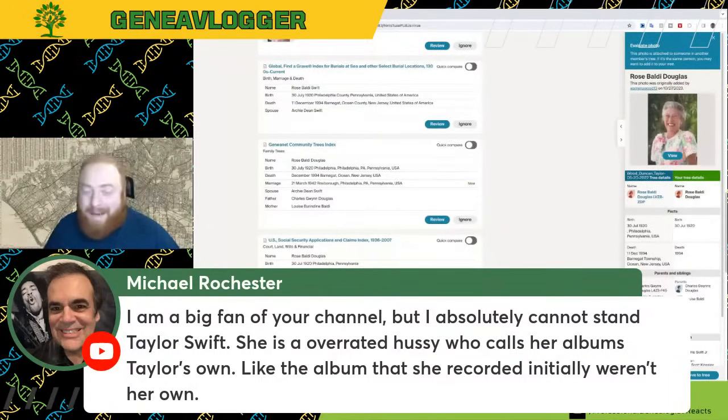I barely know anything about Taylor Swift. I've heard a couple of songs. Honestly, the most that I've ever learned about Taylor Swift is through the girls that I know who are obsessed with Taylor Swift. But beyond that, the only reason I chose Taylor Swift to focus on is because, for one, I looked at her tree quickly on Geni, and I saw she has a big tree, and there's lots of different stuff going on. And then on top of that, she's trending a lot. So I am trying to build up my audience, and trending artists are usually the best way to go. So I have a whole list of people that I'll be doing too. It's going to be a varying array of people, but most of it's going to be trending celebrities when I do these.